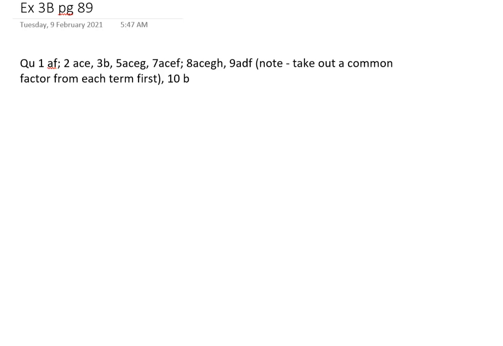Looking at factorising quadratics, we're looking at a situation where the coefficient of the x squared term, in other words our a, is not equal to 1. An example I'm pulling from our methods book, exercise 3b, question 8c as our first one. 8c: we want to factorise 5x squared plus